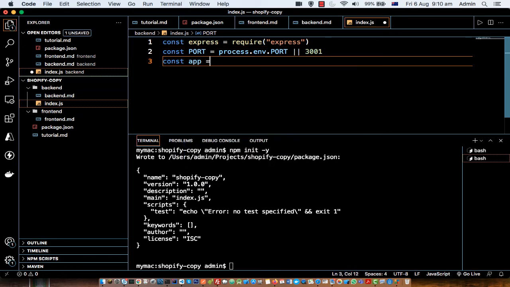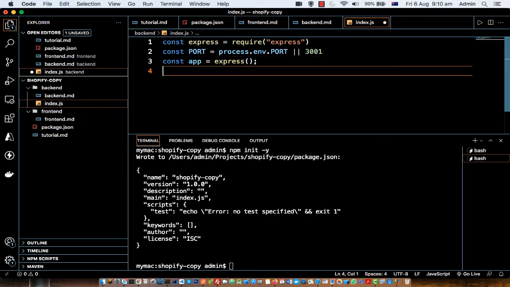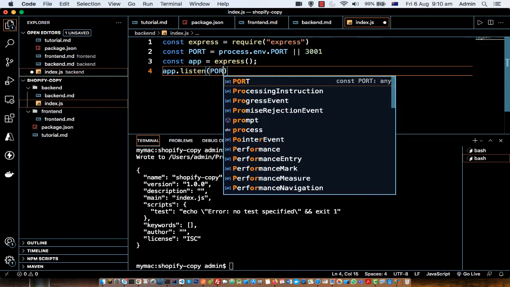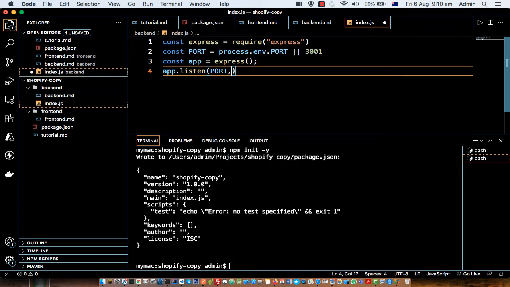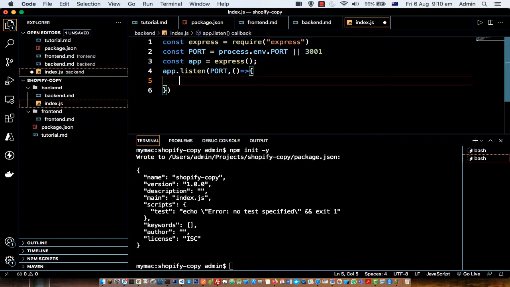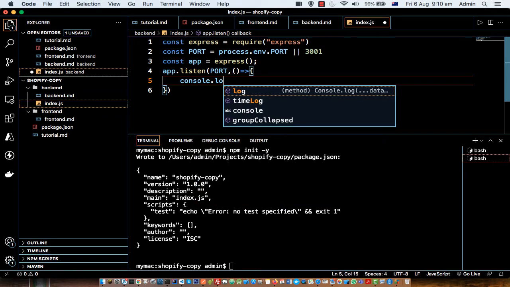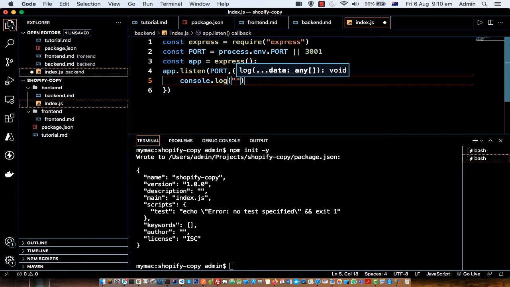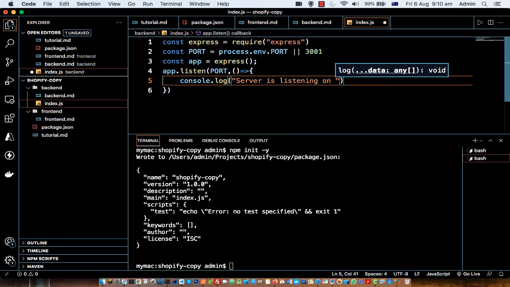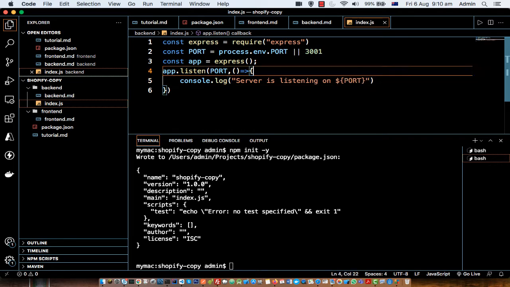And then app is equal to express. app.listen port, console.log: Server is listening on port. So that's how you can start the server on your